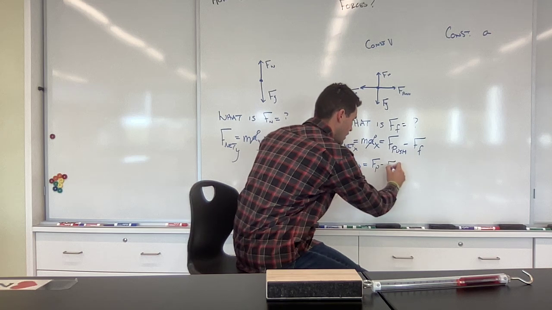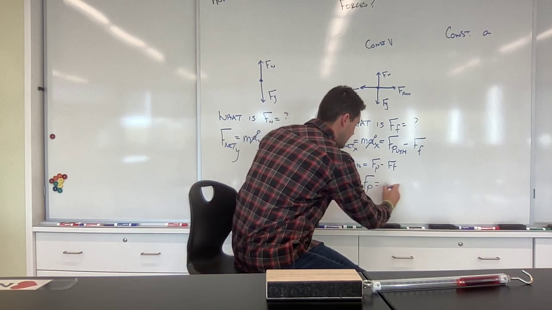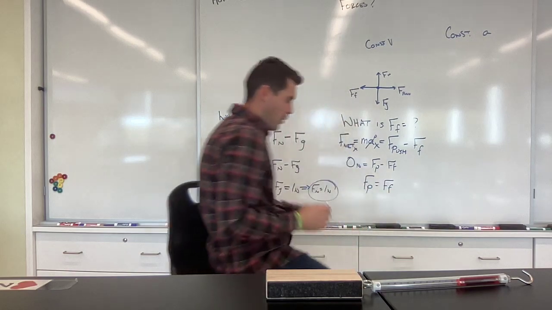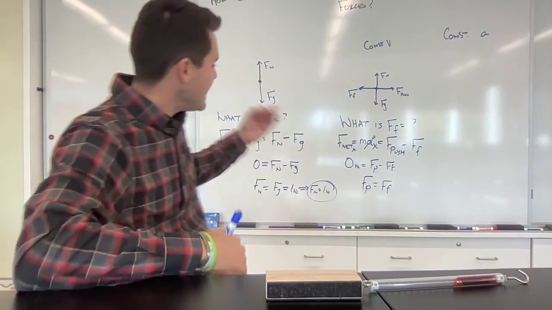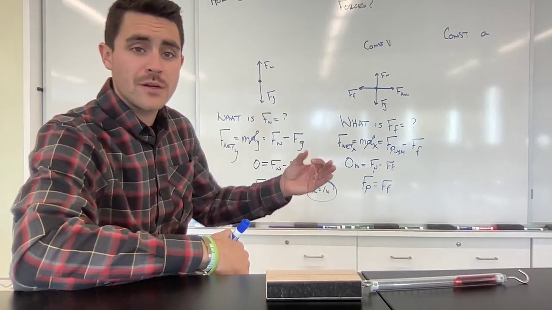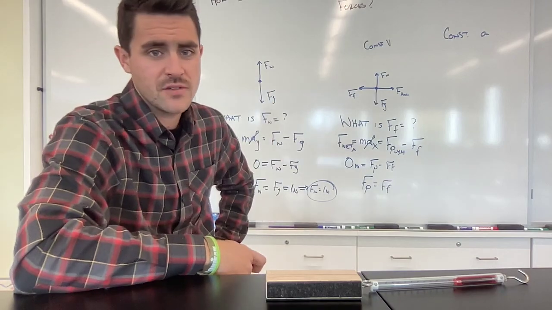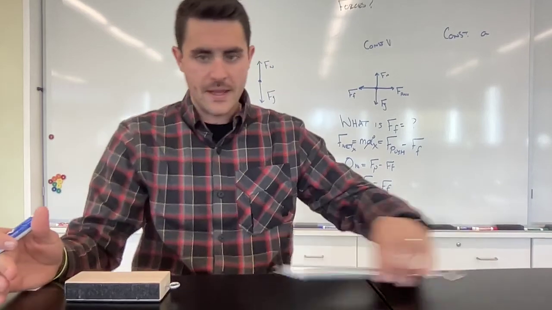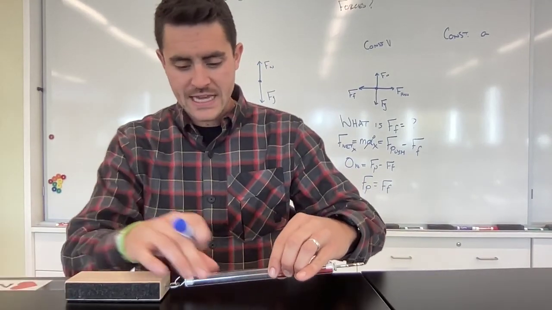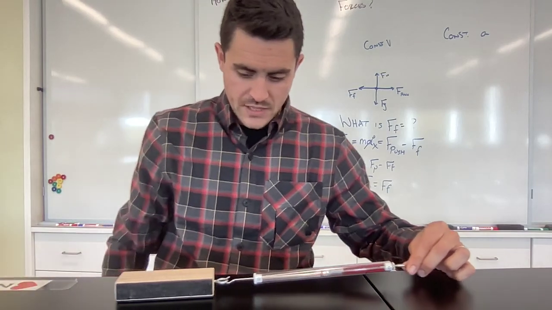So force push minus force of friction equals 0. And we see this interesting concept again, where the force of push or pull, whatever force I'm applying to this brick to move it, is equal to the force of friction because there is no acceleration. Because I'm moving at a constant velocity, this statement is true, which means if I pull